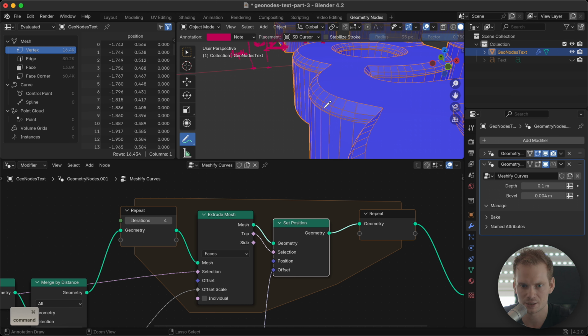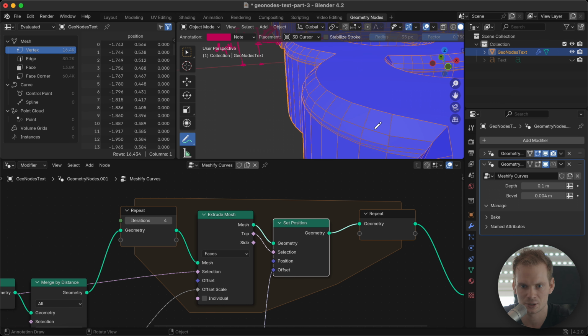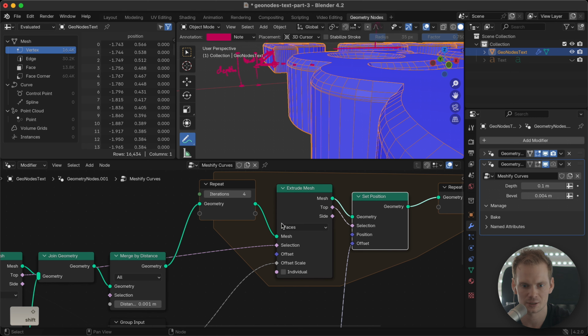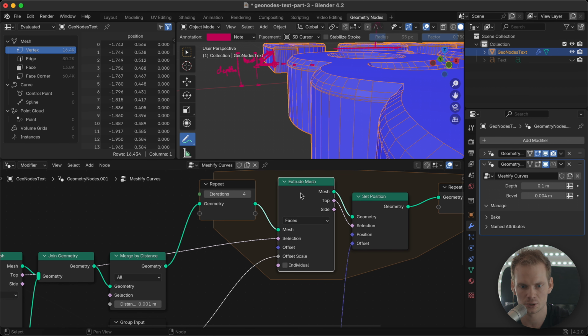The reason why this looks a bit weird is that we're extruding a certain selection and then we're repeating that with the same selection. But what we should be doing is update our selection. So instead of moving this top directly into the selection, we can move it into the repeat node.